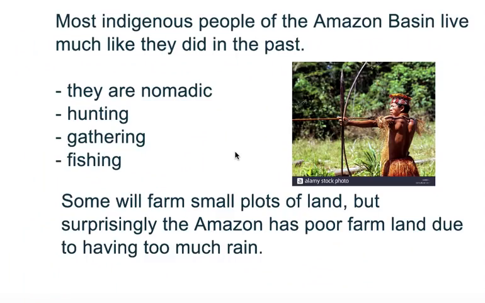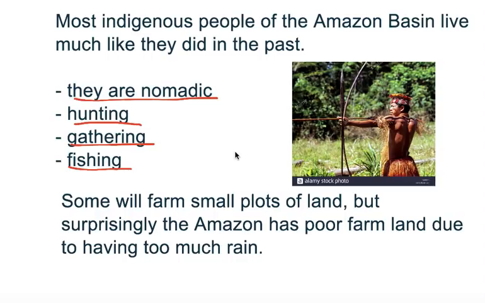Now, let's switch gears a little bit and talk about the indigenous people that live in the Amazon. Alright, most indigenous people of the Amazon basin or the Amazon rainforest live much like they did in the past. And what that means is that most of these people were nomadic, which means that they travel from place to place, many times following their food sources. They hunted, or they gathered, so gathering fruits and vegetables that grew naturally in the forest,